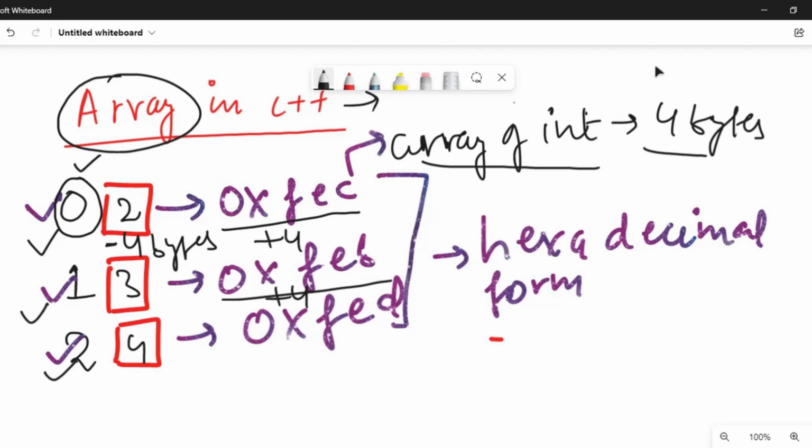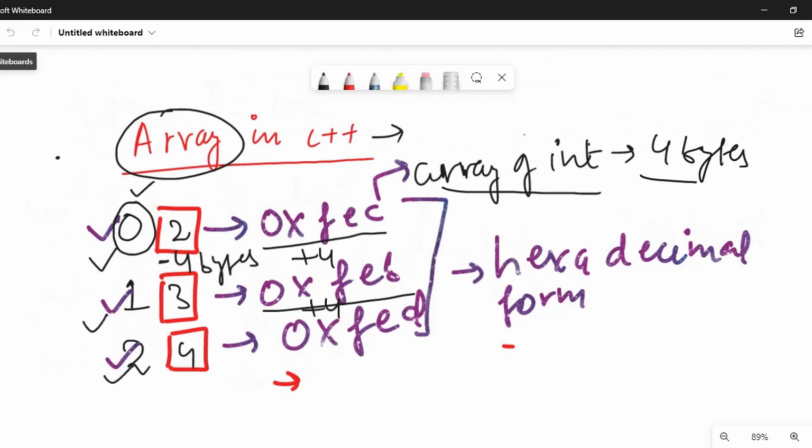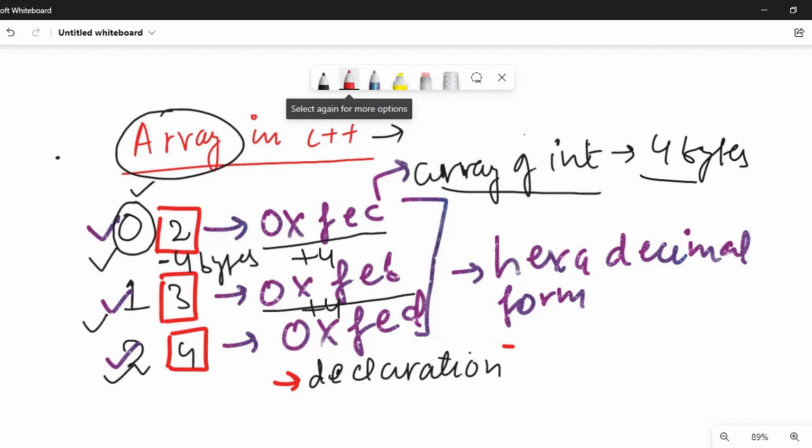So in this lecture we are actually going to focus on 3 things. First of all, declaration of an array. Once we have declared it, before accessing, what do we need to do?